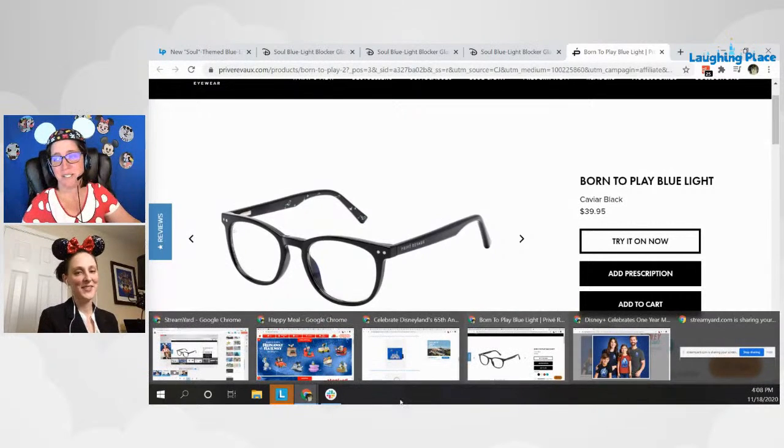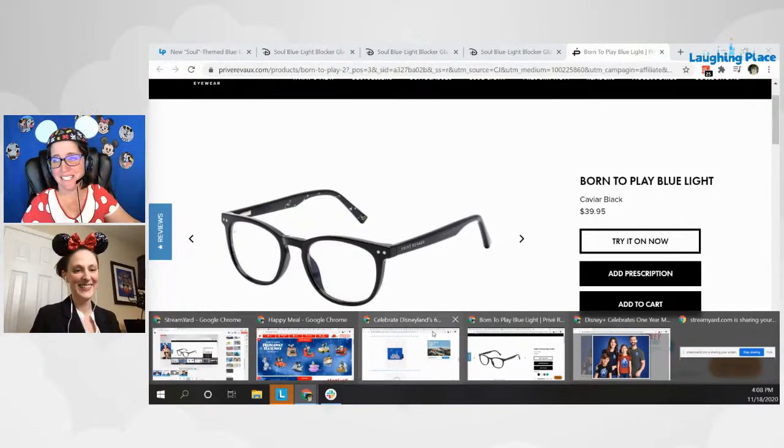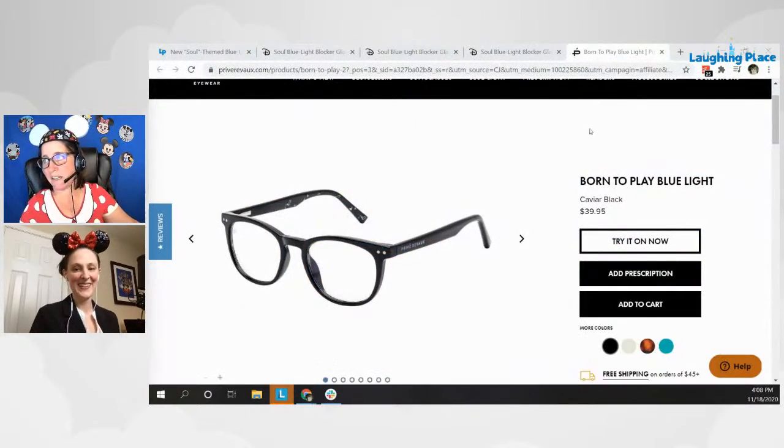I'm really anxious to try them out and see if I notice any difference. But if not, I think they're really fun, stylish glasses. I'm just very excited for these. It'll be a lot of fun. Let's see. Where are we going next? Here, let me